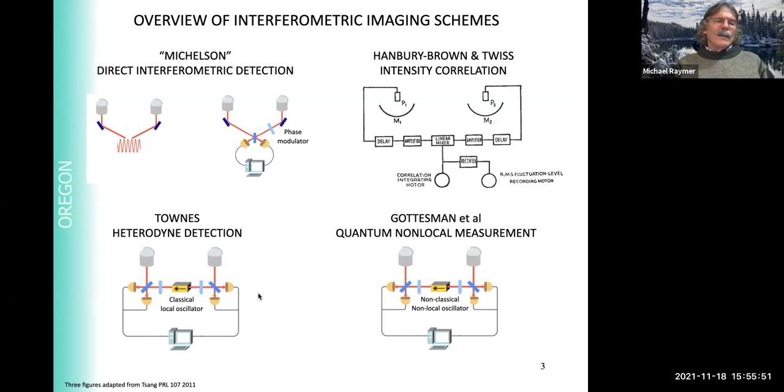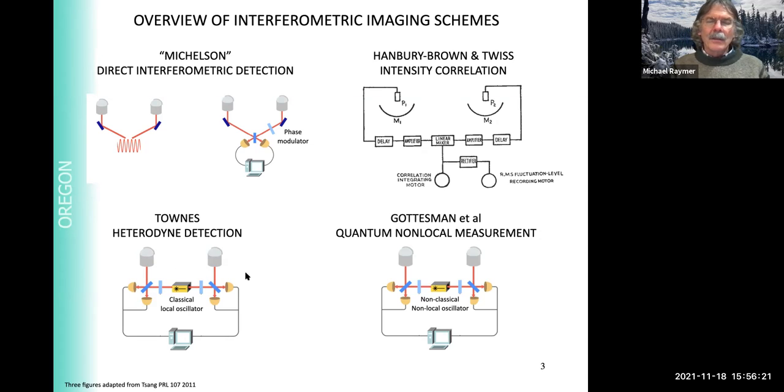Now, later, Charles Townes introduced heterodyne detection, where he has a classical laser, which is a local oscillator, or sometimes you can use two separate lasers that are phase locked, but they're classically connected and synchronized. So you send this laser out into two different directions and you do homodyne detection. We call this balanced homodyne detection in the quantum optics world. And then you look at these currents, and as a function of the separation of the two telescopes, again, you